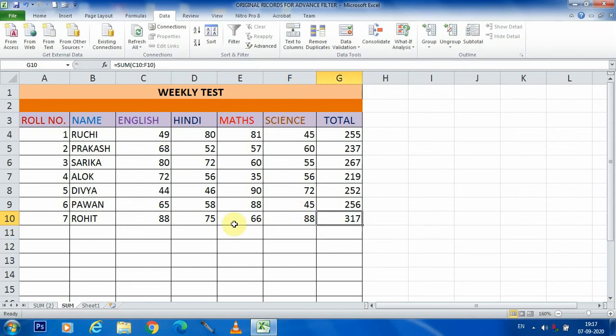Okay students, in this way we can use the data validation feature provided by MS Excel, and it is very helpful when we are entering data. So the chances of error will be